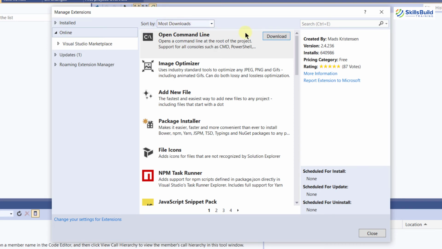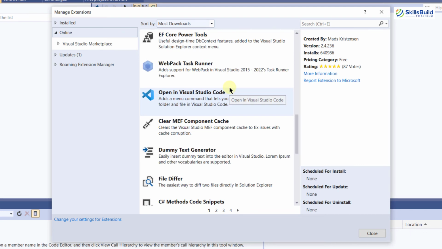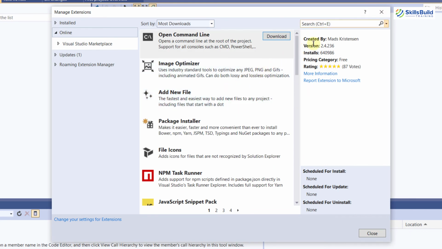And at the moment it is showing the download option in front of open command line, because this extension is not included into my Visual Studio 2022, and here I can download it. And in case you want to search for some particular extension, you can just search here.